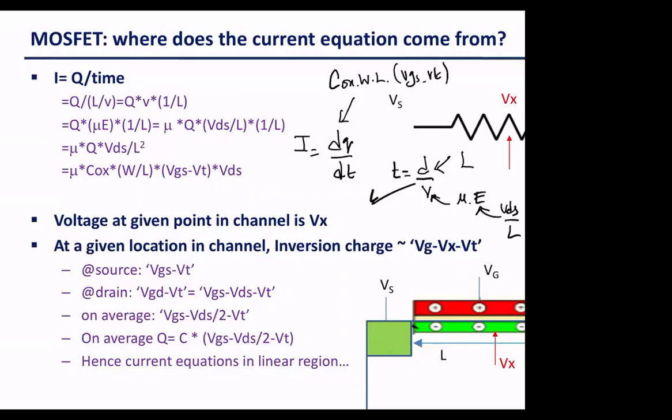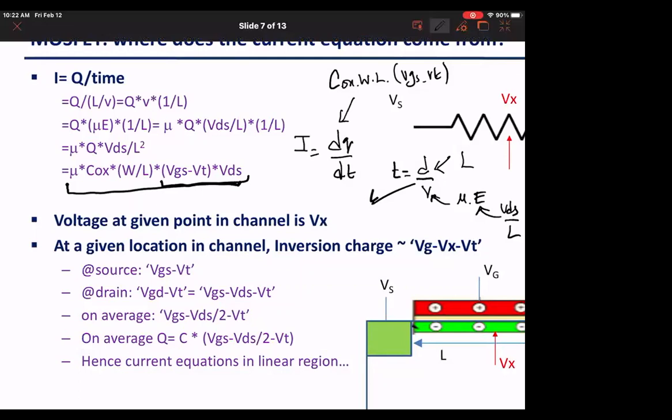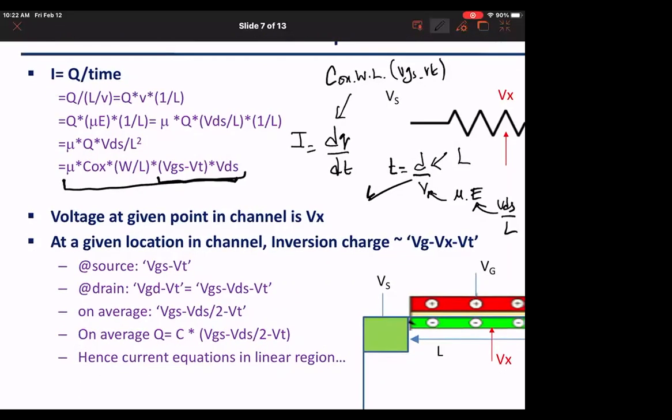Okay, so you can start to see that if I plug in all of these, I will get some form of the linear long channel current equation that we have. And from this, we explain that this is how the linear current equation builds. And then we explain what the different regions are and stuff like that. Okay, so